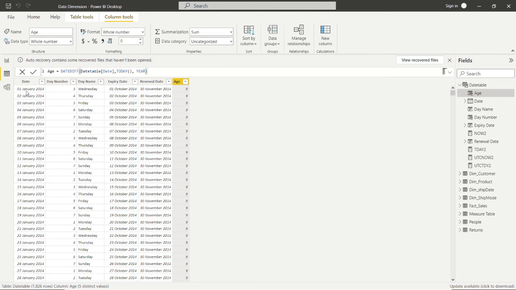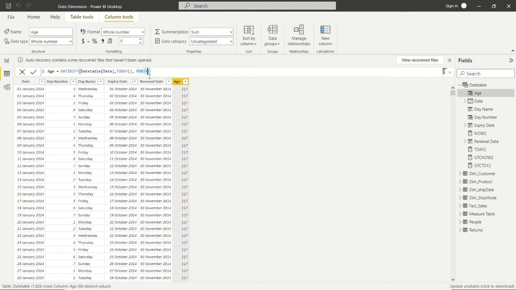So exactly it is 9 years old only. Suppose you want to give the value in months, we can also give a more accurate way as compared to years. That is 117 months from today.